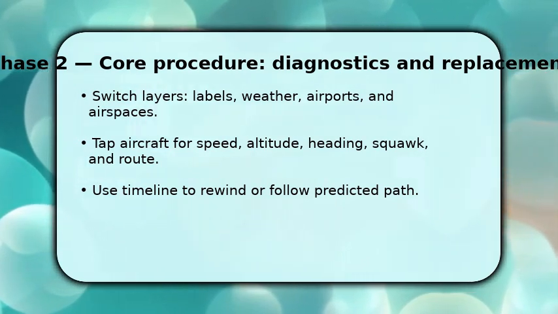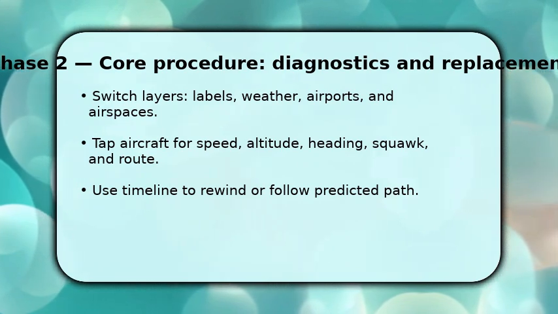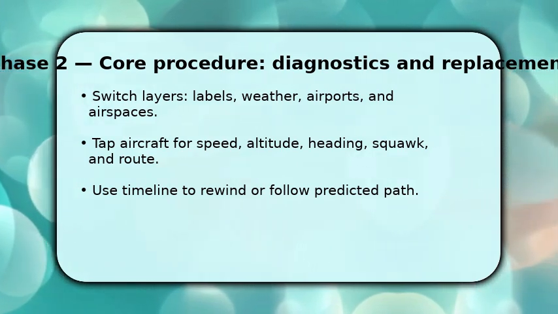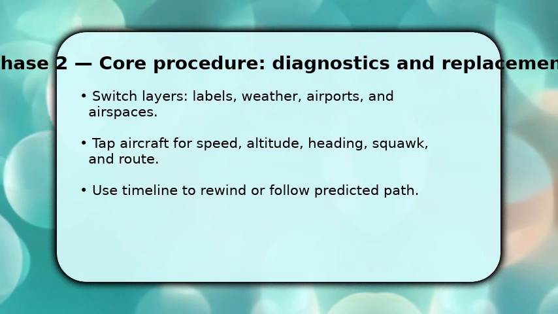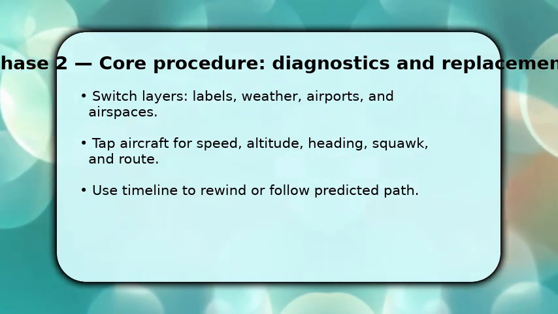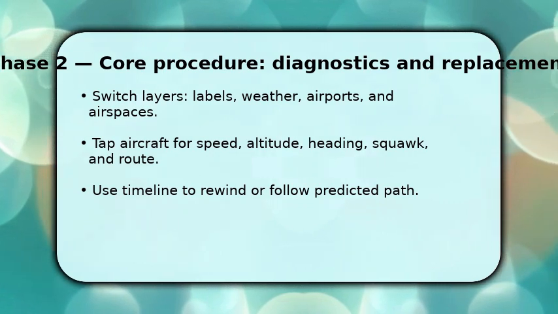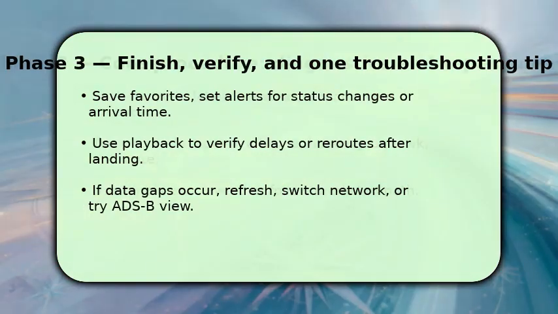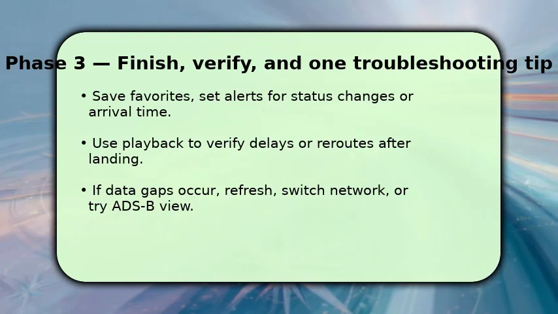Then use the timeline control to rewind past positions or follow the predicted path forward. This helps you correlate ground events with flight behavior. Make small adjustments to refresh rates and filters. Finish by saving the flight as a favorite and setting alerts for status changes, departure, or arrival windows so you